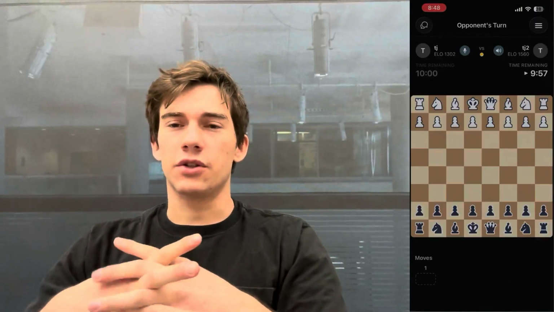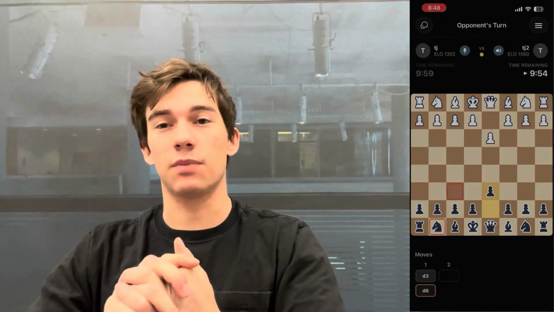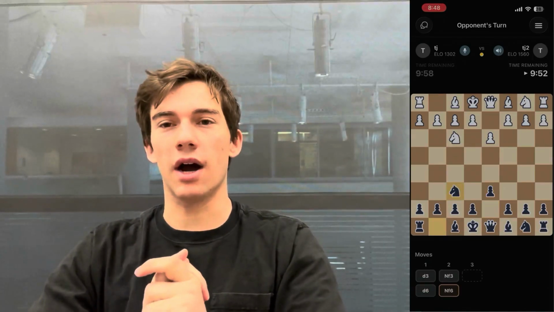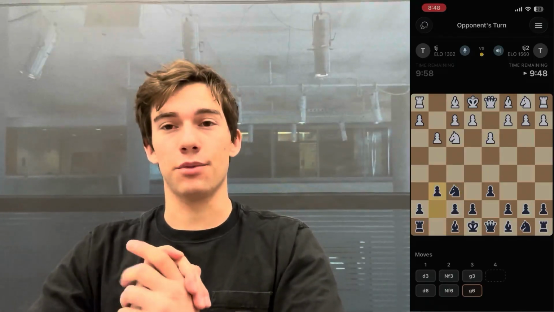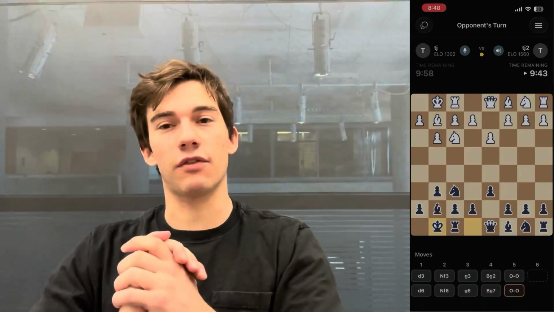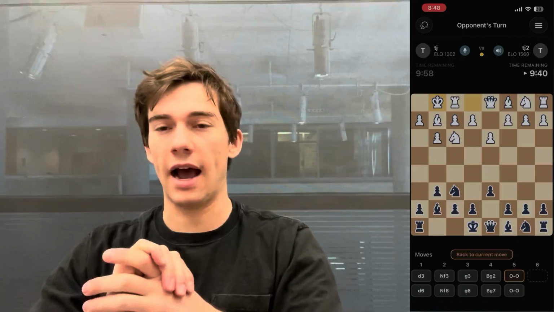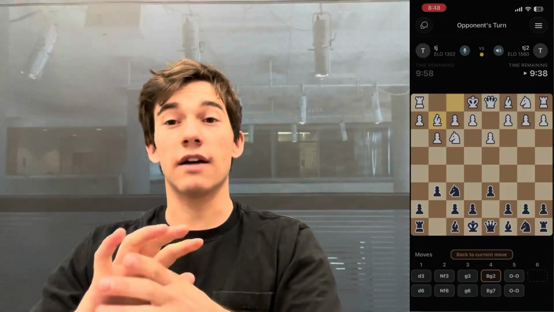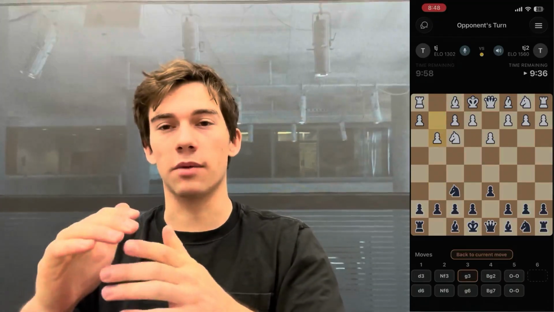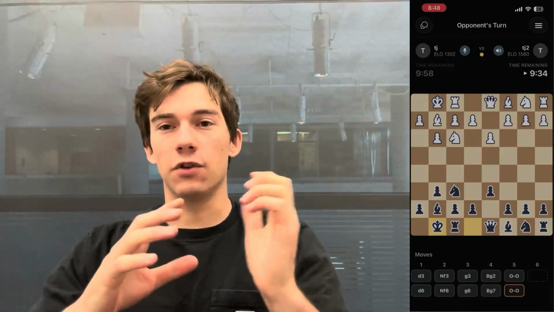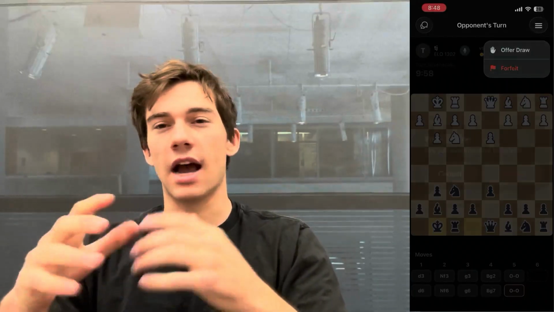Once you're into the online match, you can play the game of chess as you might expect, but it's a really clean, simple UI where you have the options to both tap to move and drag and drop to move. We also have a pre-move system enabled. That way you can play faster if you already know what move you're gonna take, and that highlights the squares in red. We also have a time travel system, which you can see at the bottom of the screen, where you can go back and view previous game states in order to see how you got to where you're at now.